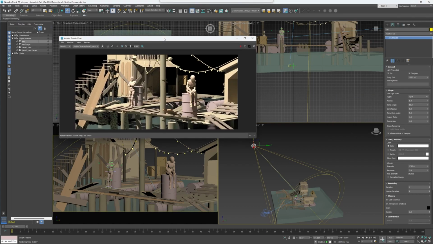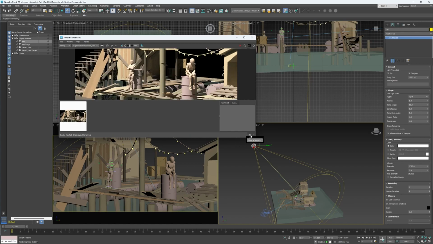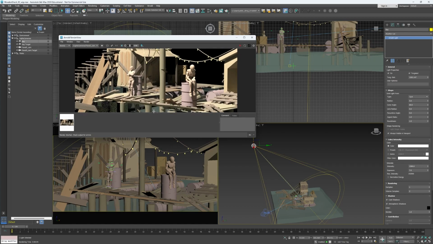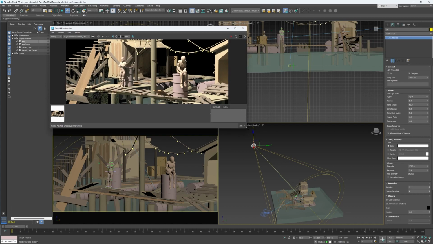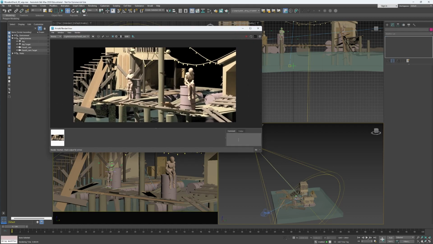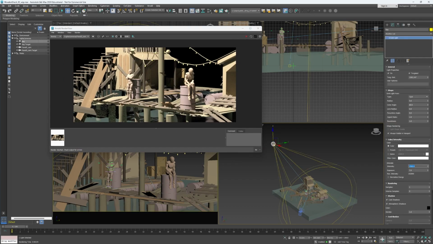Now, one thing that's quite nice about the Arnold render view is we can actually take these snapshots anytime. So if I take a snapshot, click on this little button here, it will take a snapshot here. And then when we do another render, we can very easily compare them. Now, if this thing at the bottom is hidden, you may just need to pull it up like that so that you can actually see it. But let's say we wanted to compare two different lighting setups. So if I now change this back to like 100, or let's say even like 900, and hit enter,